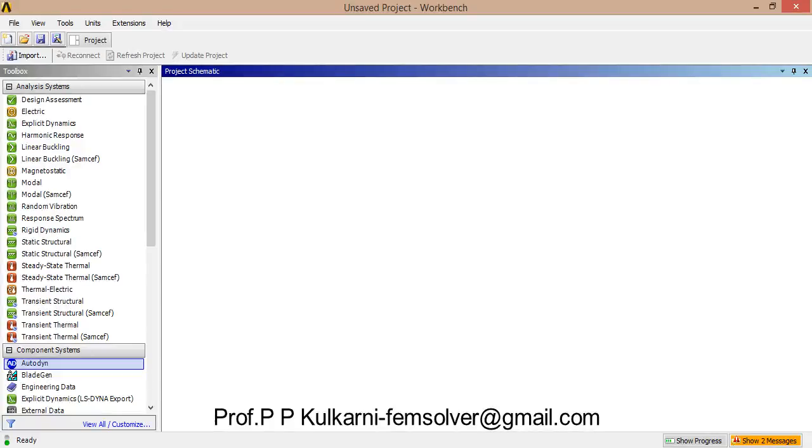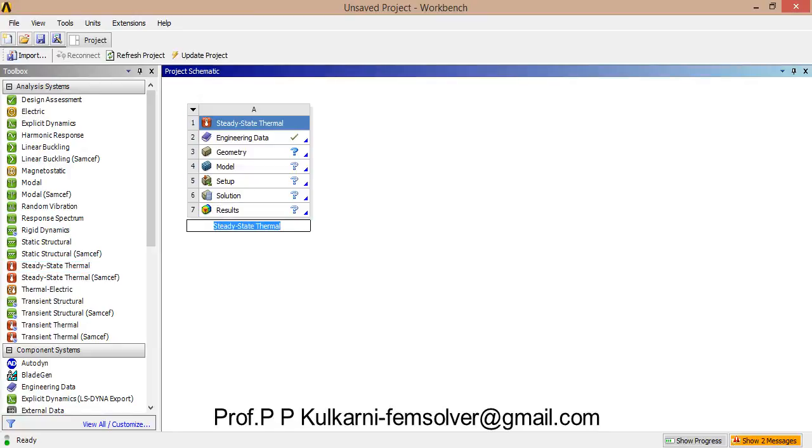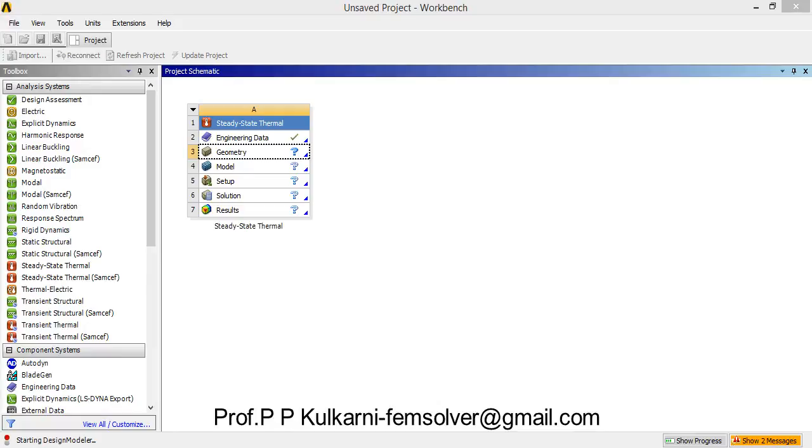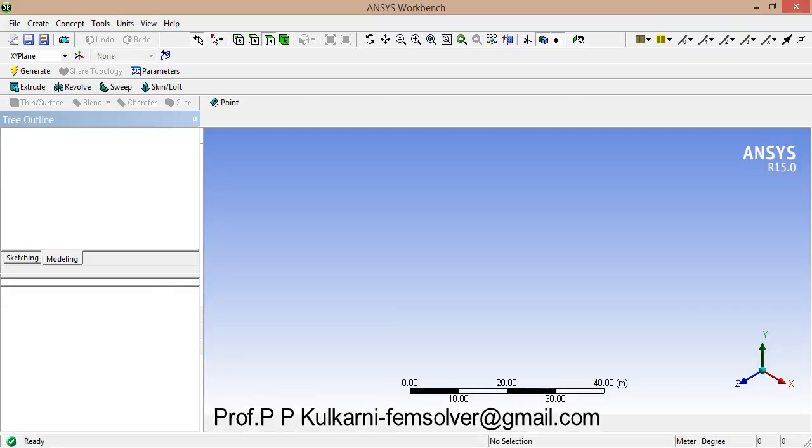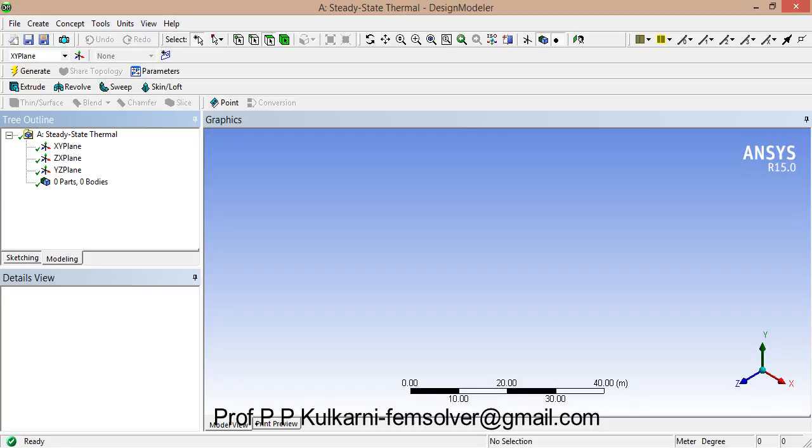Two examples we will cover. These are very simple. First of all, steady state thermal. Steady state thermal is analogous with static structural. In thermal analysis, we will get temperature distribution, then thermal gradients, thermal flux. These we will see. A few examples we have seen in this